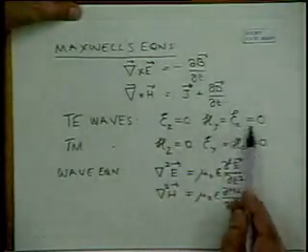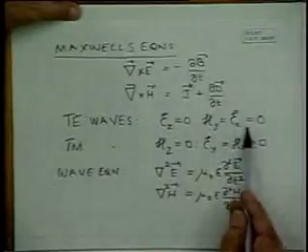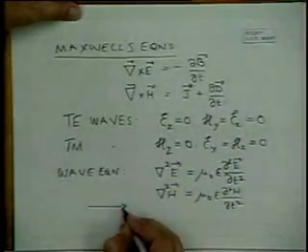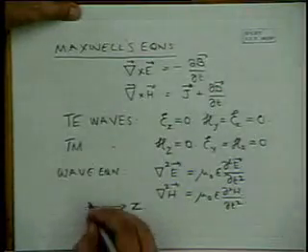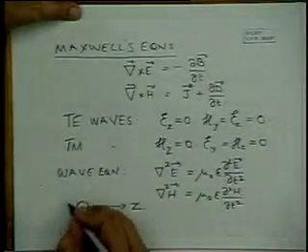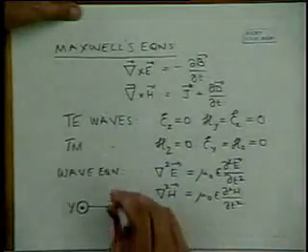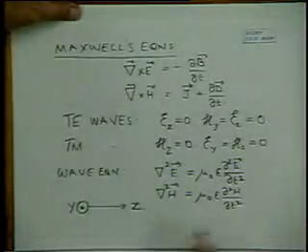Okay. If we take this into account, and we are talking about this being the z direction and this being the y direction perpendicular to the plane of the paper,